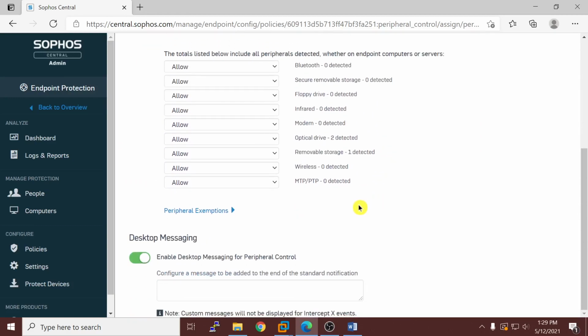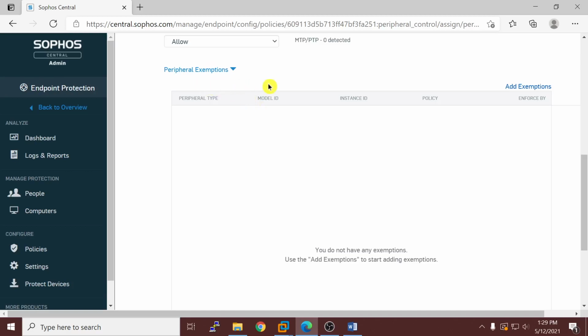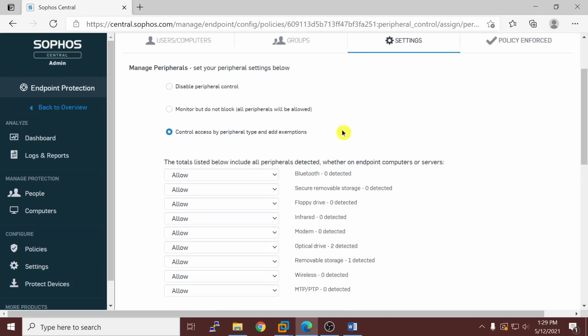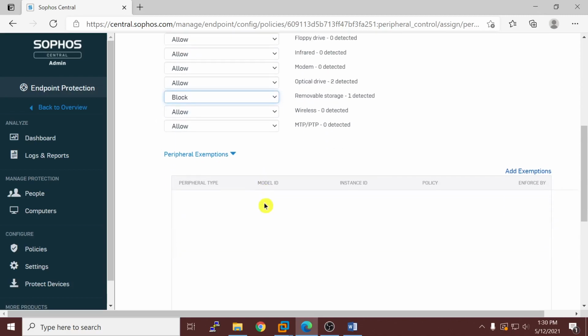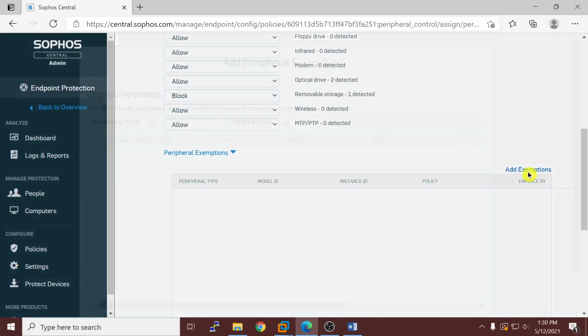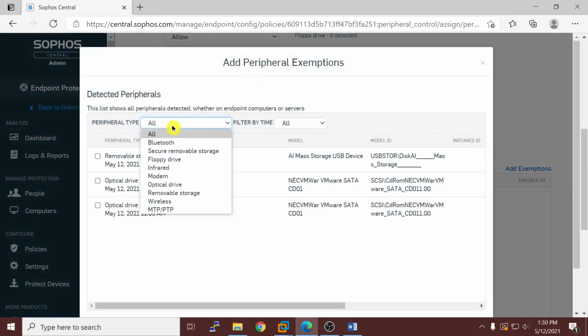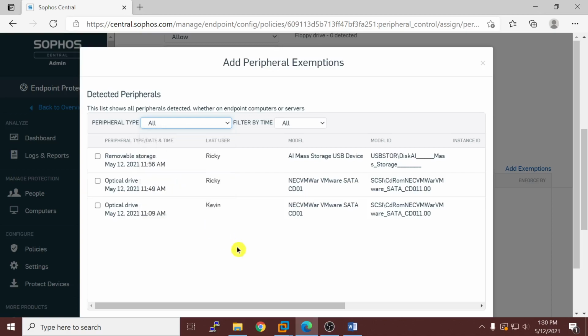If you go further down, you can see peripheral exceptions, and you can add any exceptions here. The top part is the general global settings. If you set removable storage to block here, under the peripheral exceptions you can add a few devices as exceptions.